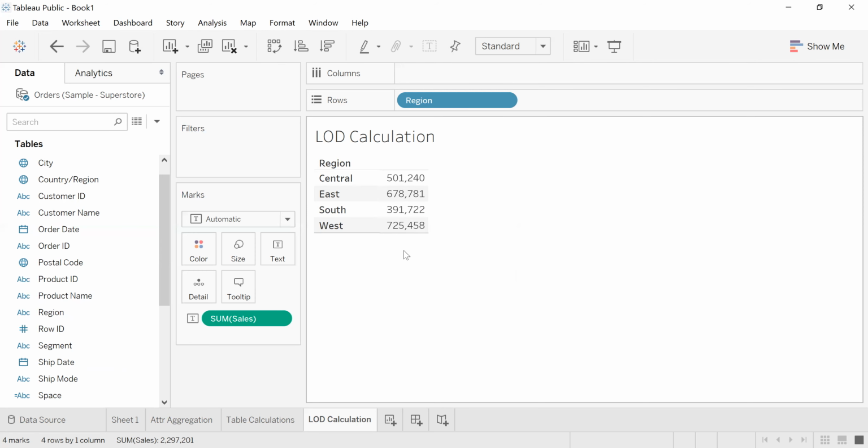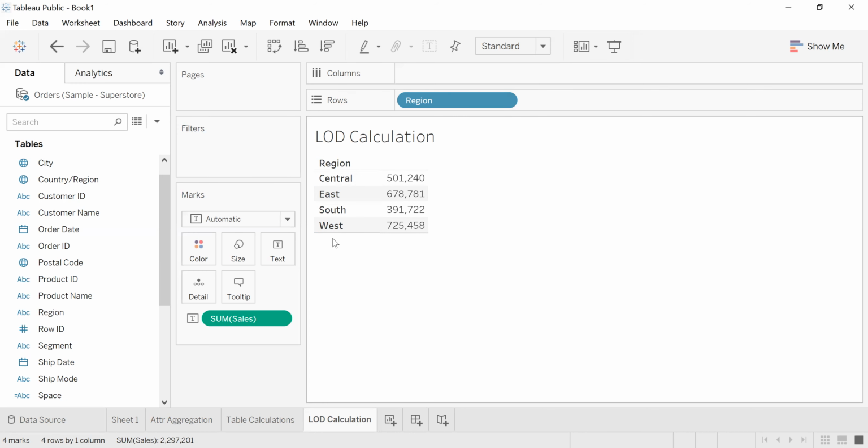So what I'm doing is computing my graph at a different level of detail, regardless of the existing view or existing dimensions which are present in my view. Region is anyway present in my view.